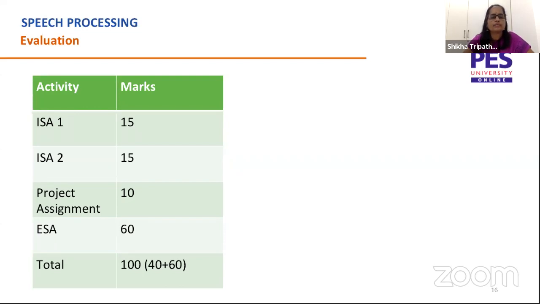So I would divide this project assignment into 2 parts. One part wherein you will be carrying out some simple algorithm development to see for yourself whatever operations that we study in theory, and appreciate or understand things better. And in the second part of this project assignment, I'll be giving you some small minor project on various applications that I mentioned during the entire description of the course.